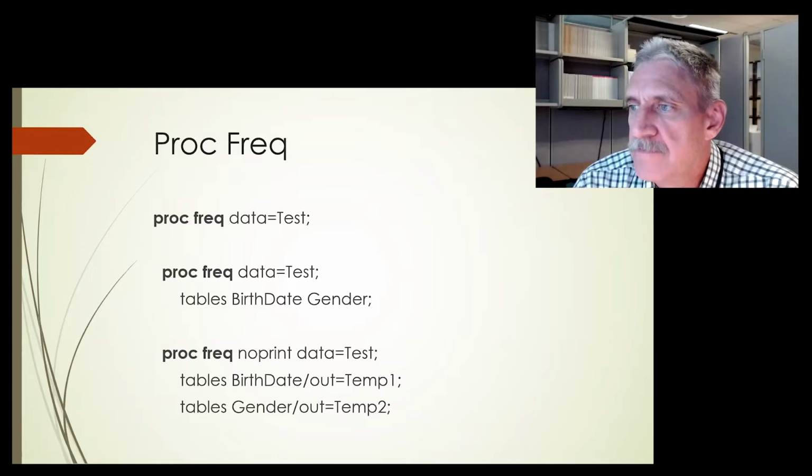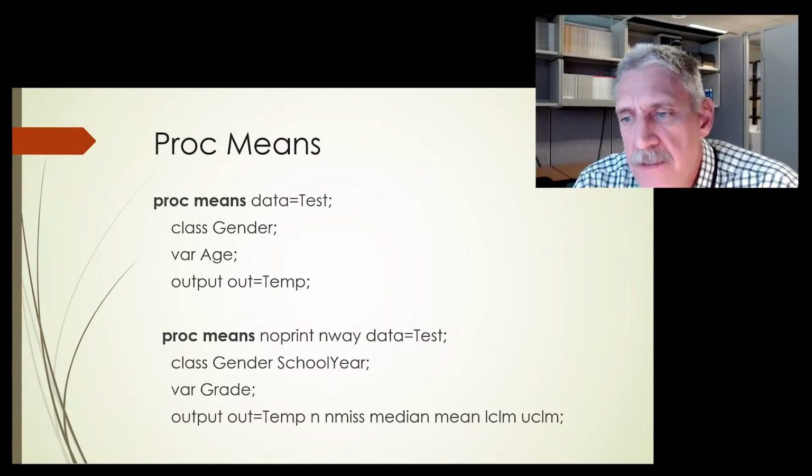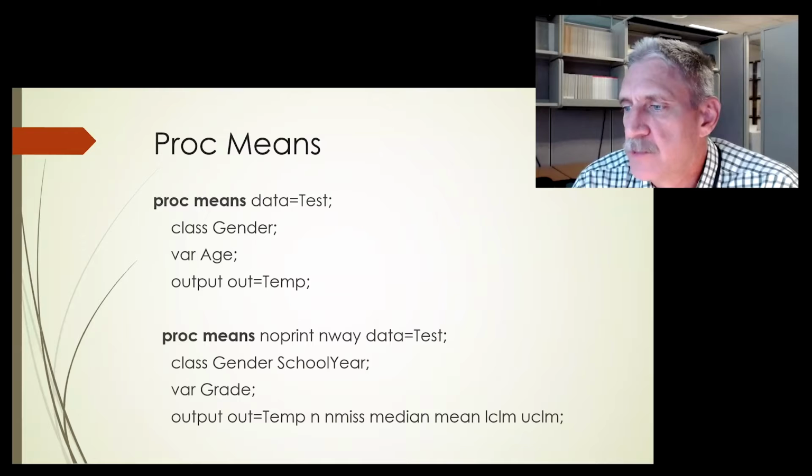Proc means will give you some of that, but it will also give you the mean, mode, median, and other statistics, and it gives it in a nice compact fashion that can be very useful. It also gives you the min and max, which the frequency does, but it's just nice here too. It just depends on what you need.